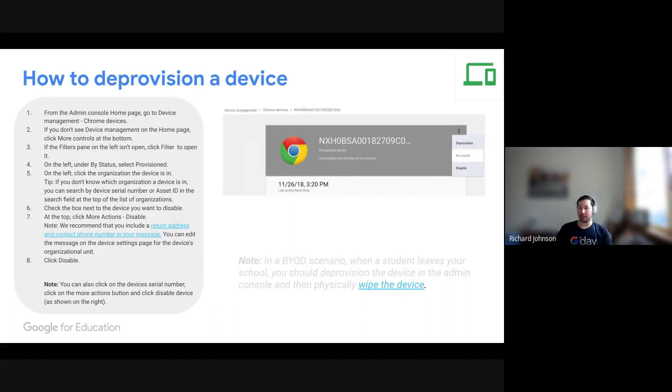Now, deprovisioning a device is a very interesting scenario, and the reason is that it can occur at any point throughout the life of the device. A couple of reasons you'd want to do this: if a student is leaving your school and needs to take their device with them, or it's a BYOD device, if you have an old asset that you want to retire from the fleet, or if there's a fault with the device and you need to replace it with another one. If you need to replace your device with another one due to a fault, the license is transferable, in that you can bring it back into your domain and apply it to another device. For any other scenario, the license does not come back into the domain. It stays with the device.